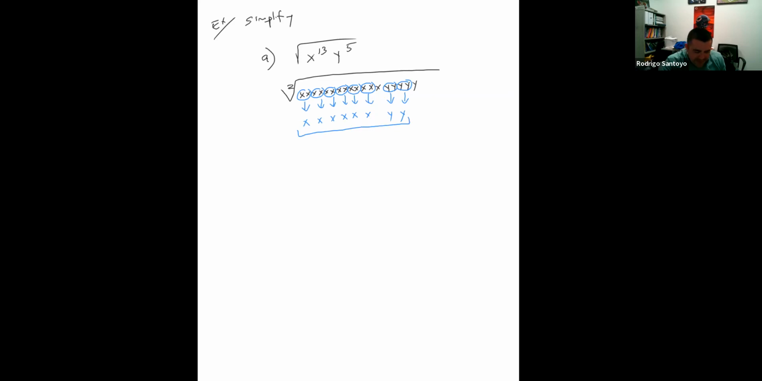So we're left with what? X to the power of 5, y to the power of 2. But notice that we have two things uncircled. And those that are uncircled stay inside the radical symbol. We bring our radical symbol back. Whatever is left uncircled goes inside our radical symbol. So this is that answer